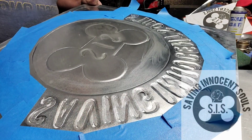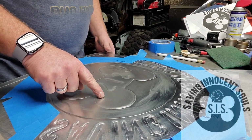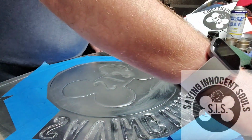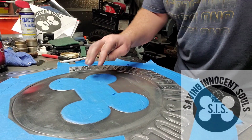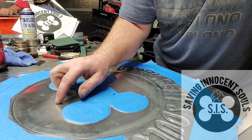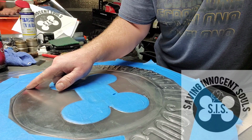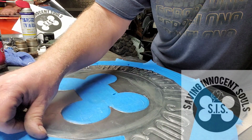Alright, I got everything masked off, oh no I don't, I got to mask off the bone. Alright, well let me mask off the bone and then I'll be right back. Okay, so here's what I got. I ended up masking this off all the way down and over the edge, right down to this lower layer. This edge here, I'm going to leave exposed, so when I scuff it, it will slightly